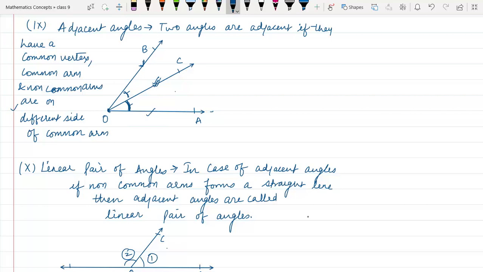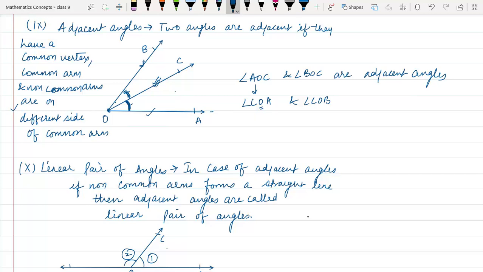Now what is the name of this angle? If I ask what is the name of the angle, you will name it like this, AOC. So the angle name is angle AOC. This angle name is BOC. These are adjacent angles. Also we can write this as COA, no issue. The main thing is O should be in center only, the main angle. It can be written as COB, no difference, both are same things.